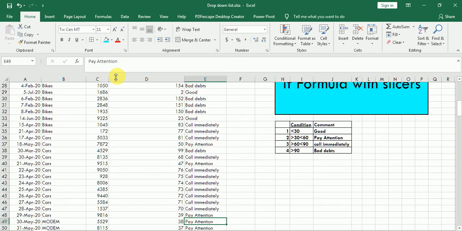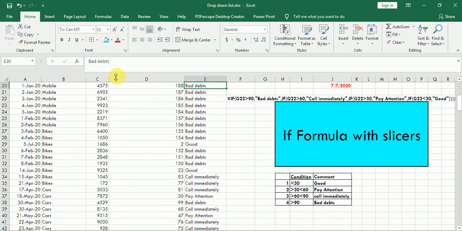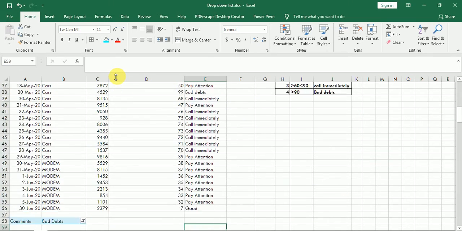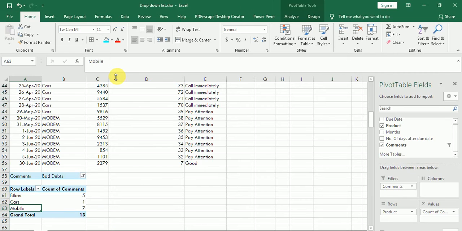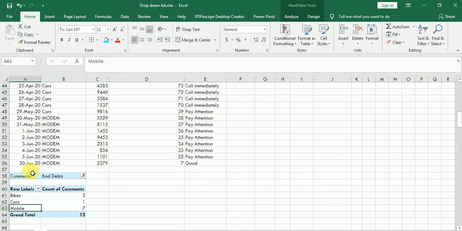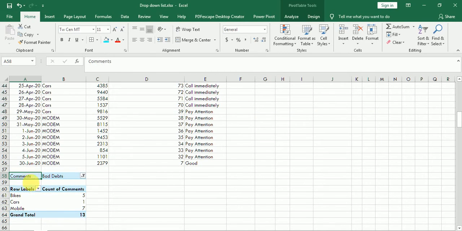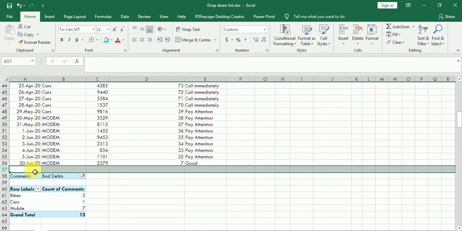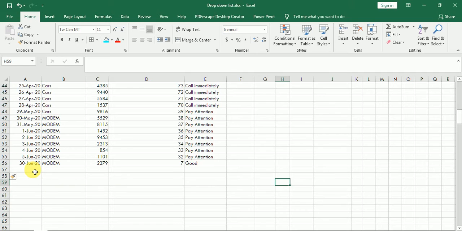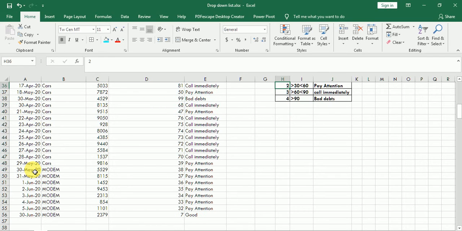Alright, so we have our sheet ready, and now we will insert our first pivot table. So here I will insert my pivot table.